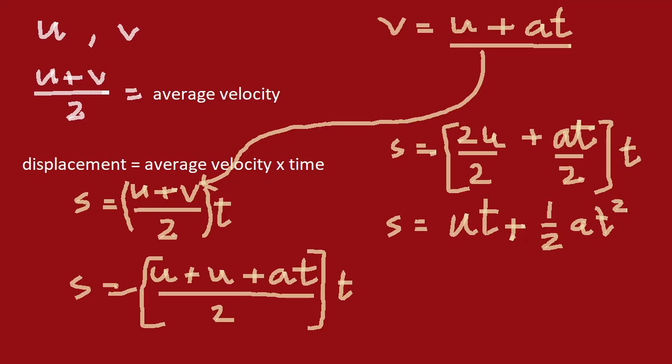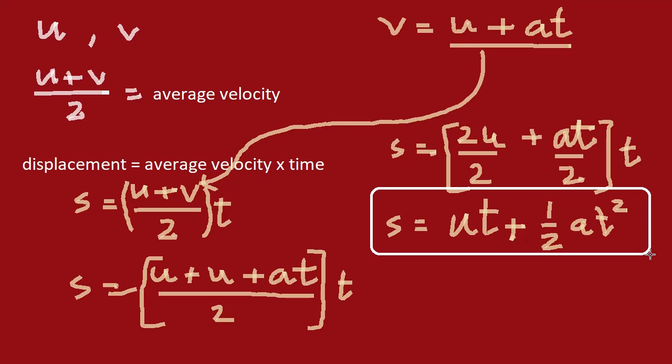We had already discussed the first equation of motion in our earlier class, and now we have the second equation of motion over here, which is also a very important equation. Here we are dealing with four quantities again. In the first equation we had dealt with v, u, a and t. In the second equation we are dealing with the displacement, the initial velocity, time and acceleration.